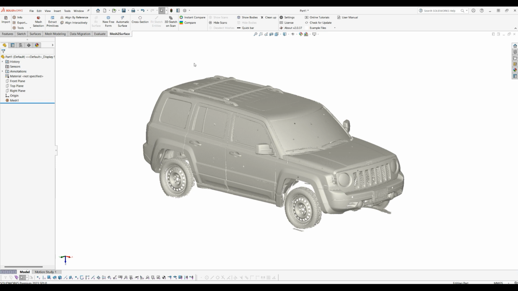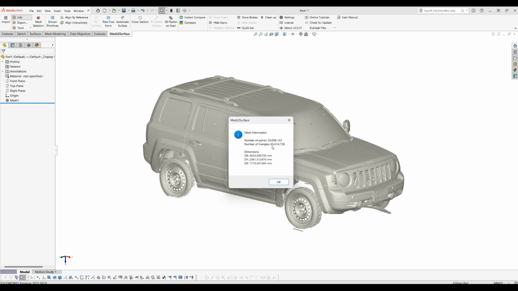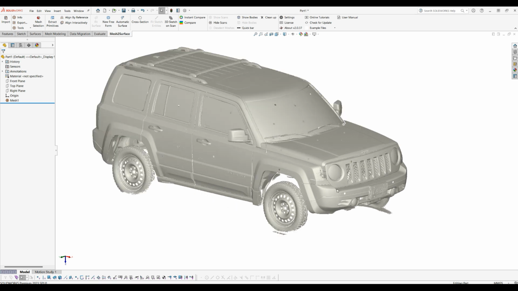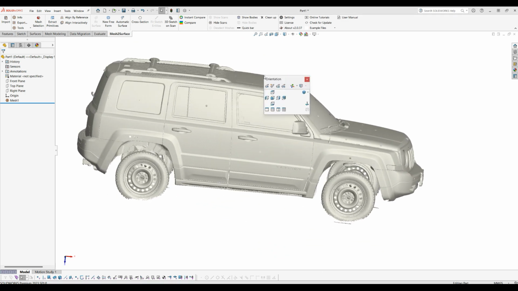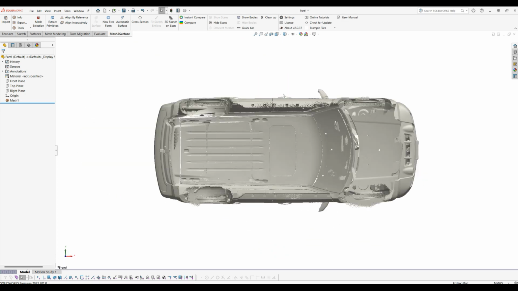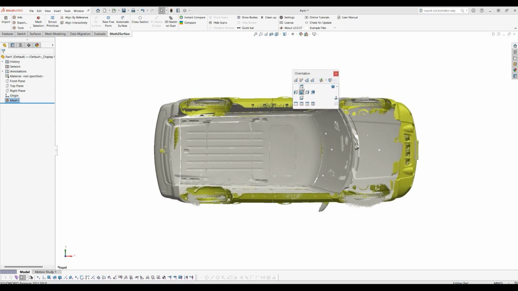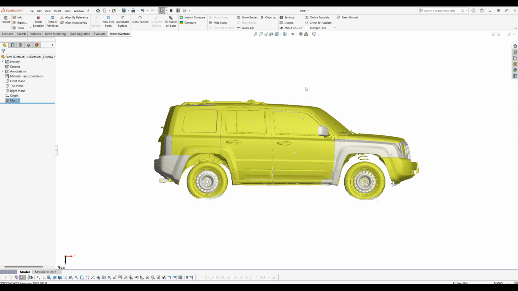With Mesh to Surface for SolidWorks, you can easily bring in a model of 65 million triangles, and you can see the extent. It's a full-size car. The question in modern graphics is not only how you can render. You can see I can just place it in different views. I can place the object into different locations, but more importantly,